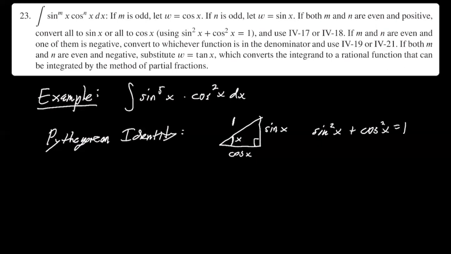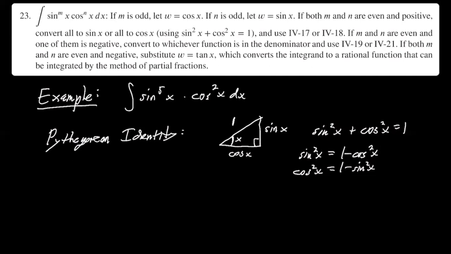So that also means that anytime you see a cosine squared or a sine squared, you can replace it, right? Because you could write sine squared of x is 1 minus cosine squared of x, or cosine squared of x is 1 minus sine squared of x. The more you do these kinds of problems involving sines and cosines, you just start to get used to it: anytime I see a sine squared, I could replace that by 1 minus cosine squared if it's helpful. If I see a cosine squared, I could replace it by 1 minus sine squared if it's helpful in the situation. And here it is helpful because